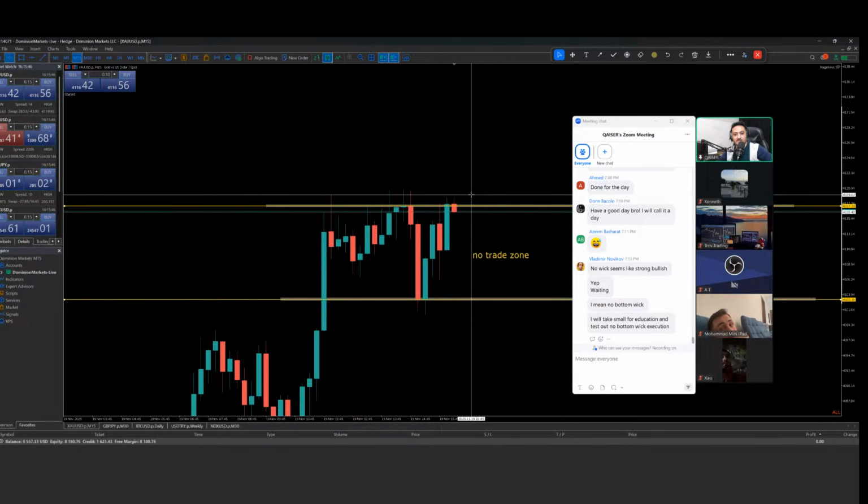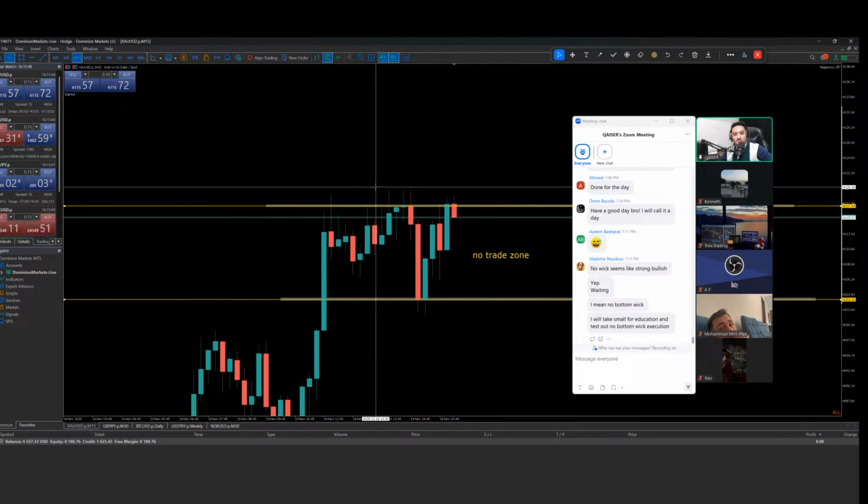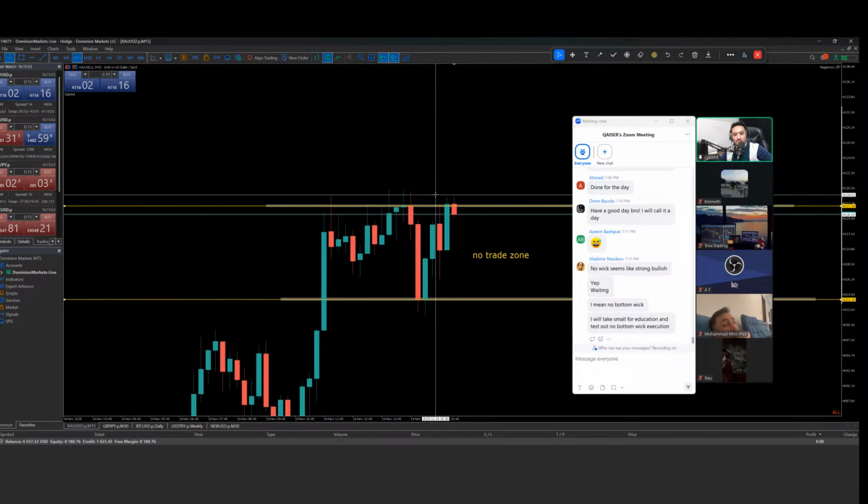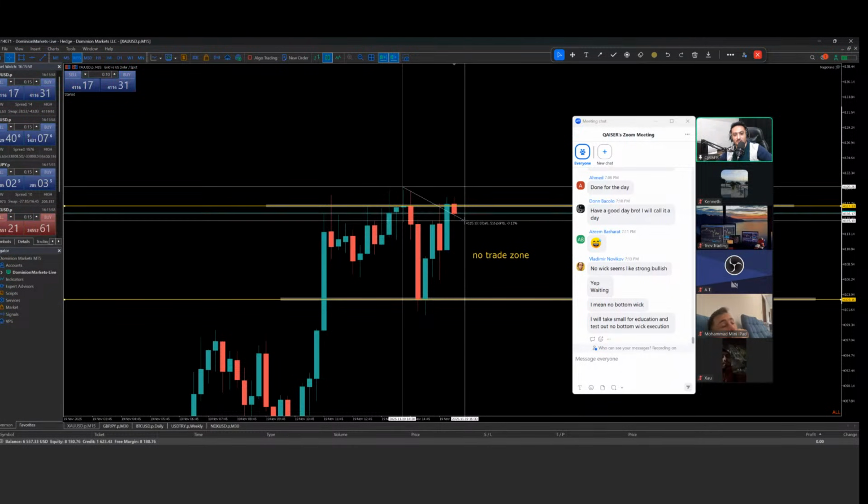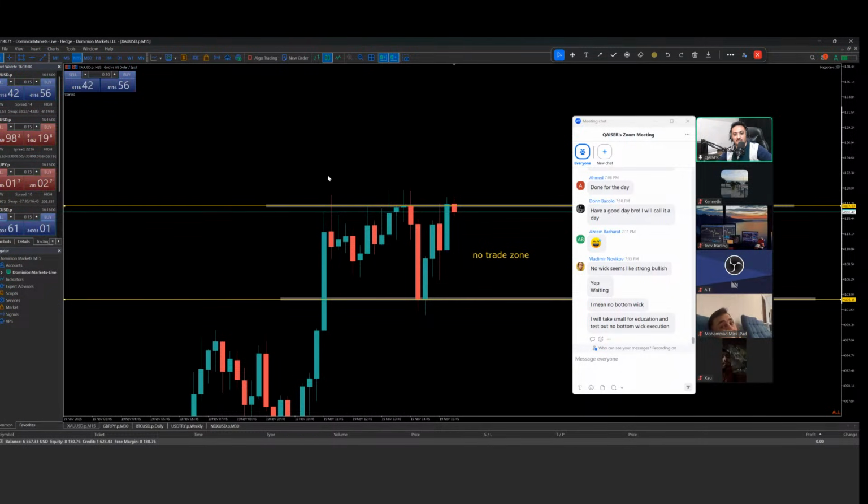But for that I would like to see this candle break above this whole rejection. I'm not going to execute if this candle just breaks its own high. I will execute once this candle breaks above this whole rejection, placing the stop loss below the current candle. This will be my idea. I will take a small execution and test out no bottoming. You don't even need to go with a small execution, just make notes on it. If it goes towards my stop loss, you will win this education actually.